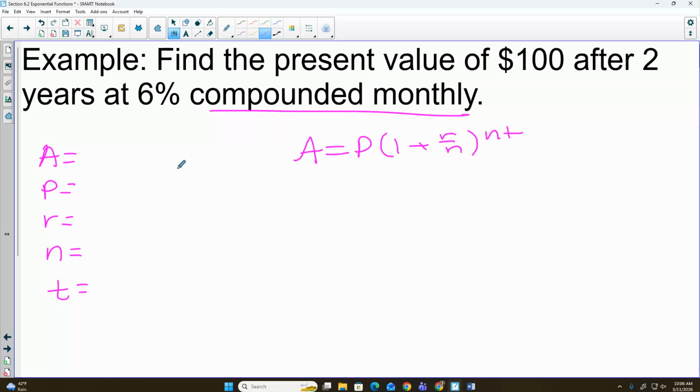Find the present value. Present value is which variable? P. So we're looking for P. Of $100. So 100 is what we have right now. So that is, sorry, 100 is what we are going to end with. So that is my A. After 2 years, so 2 would be my T. 6%, so R is 0.06. Compounded monthly, so N would be